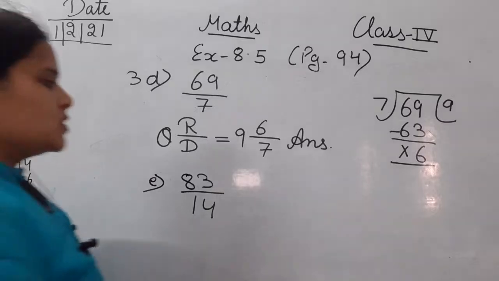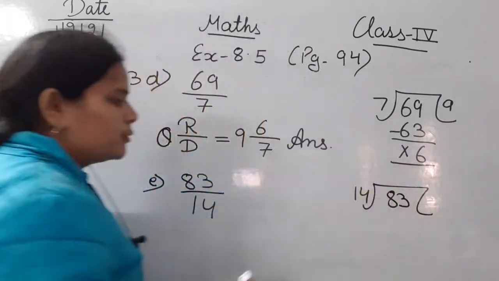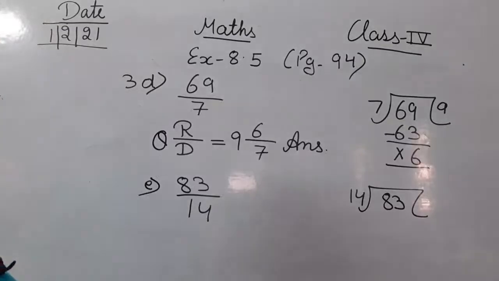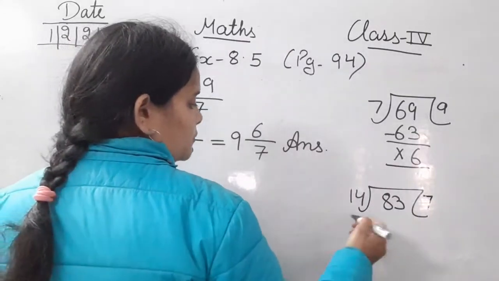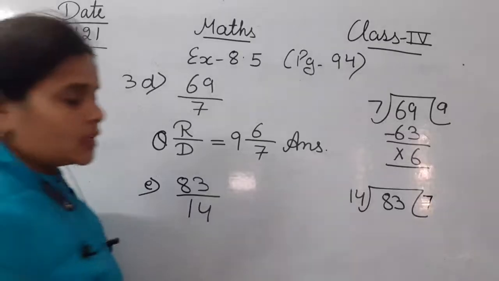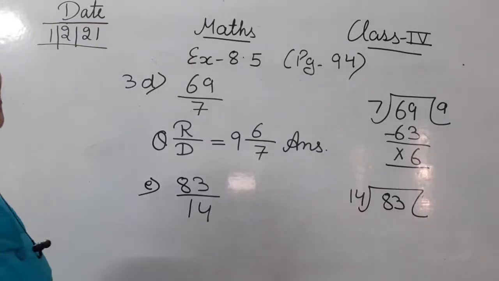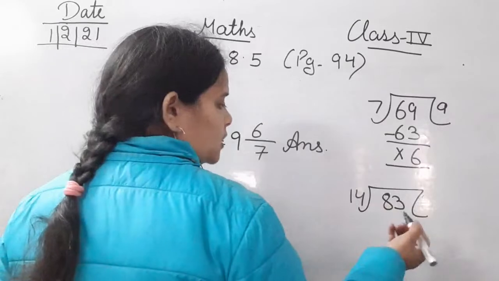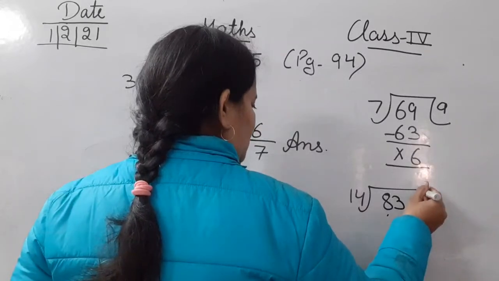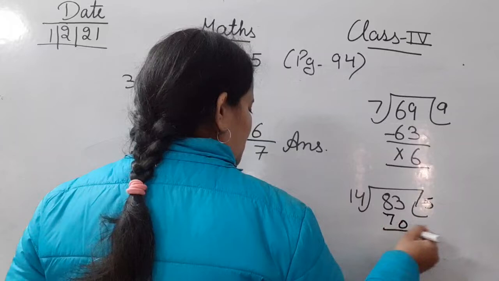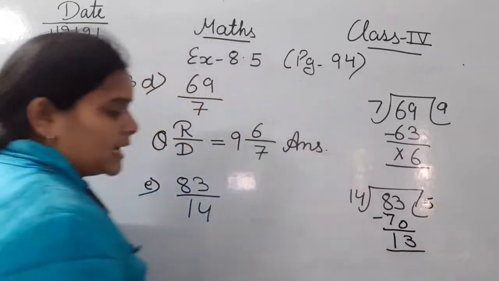So next step means you have to divide 83 with 14, आपको 83 को 14 से, so 83 divided by 14. 14 fives are 70, because 14 sixes are 84, तो 84 ज़्यादा हो जाएगा, so 14 fives are 70, okay. 3 minus 0, 3, 8 minus 7, 1, so the remainder we got, that is 13.